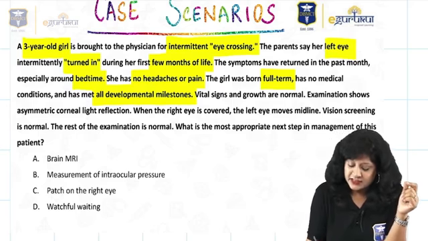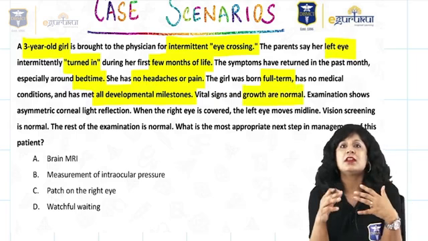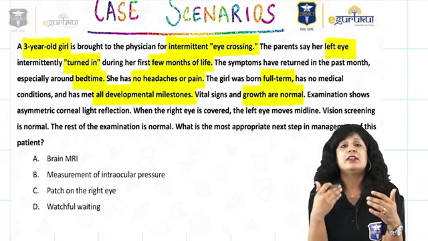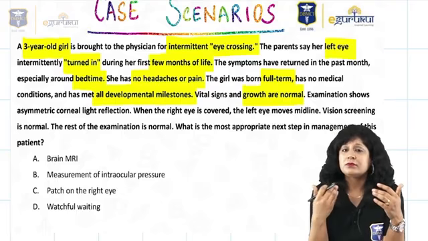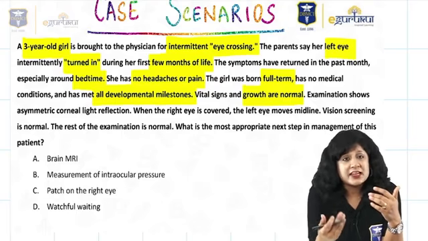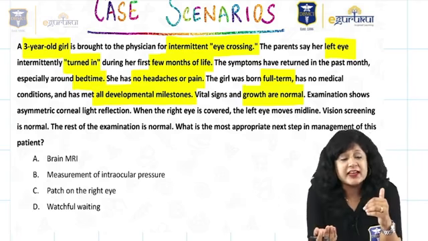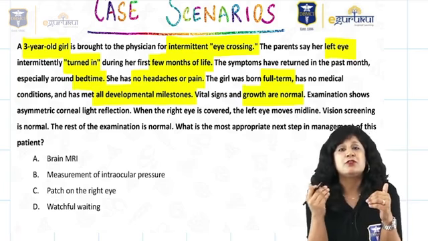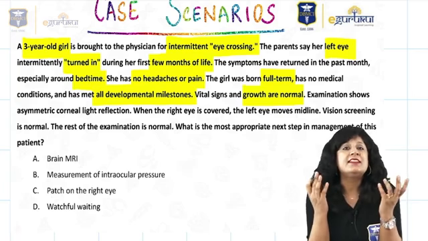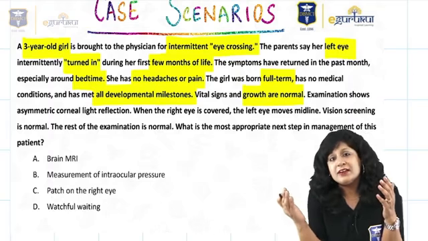Now the vitals and the growth are also normal. That is what I was saying, because when the growth is not normal or there is a failure to thrive, there is a mental delay, there is a developmental delay, there are seizures or mental retardation, or the child did not cry at the right time, or the child was preterm, your horizon of thinking for the diagnosis will become wider and wider.